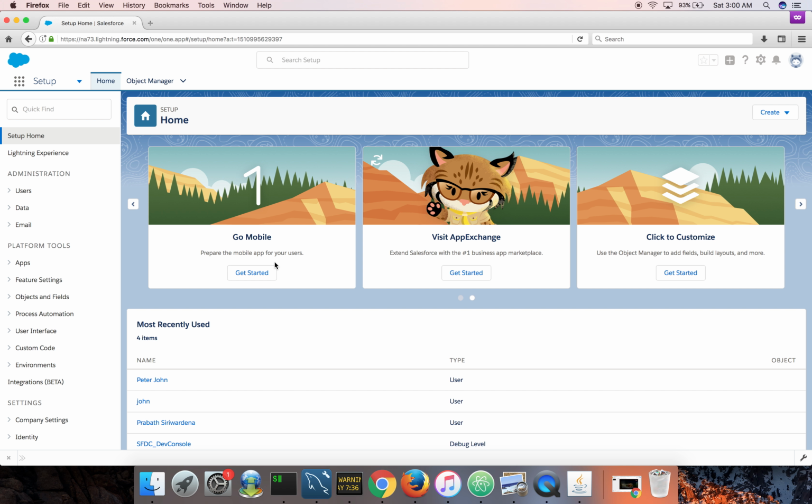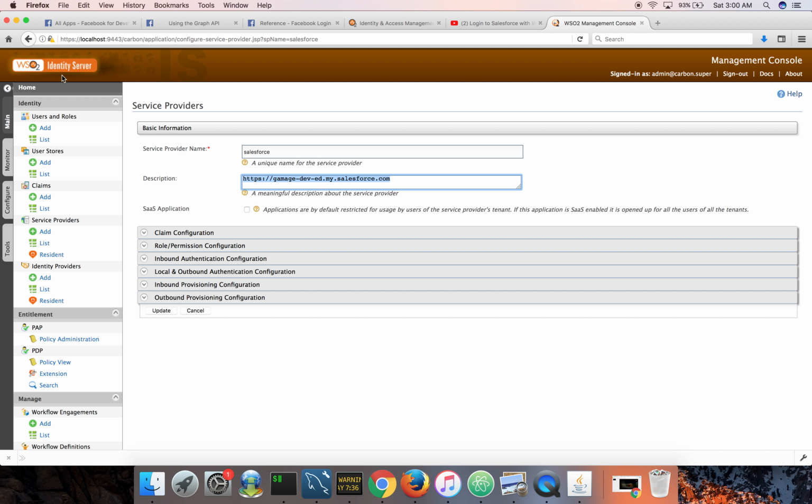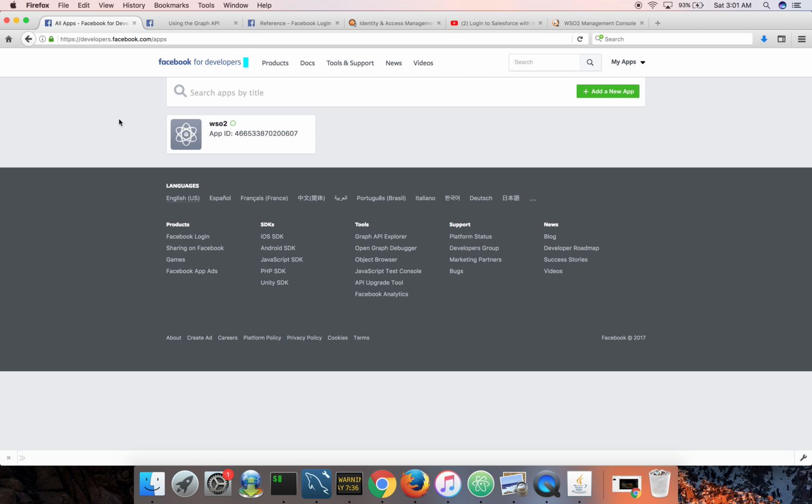Now in this demo we are going to change it where I can log into Salesforce with my Facebook credentials. To do this, first I need to create an application in Facebook and get my own client ID and client credentials for my Facebook app and configure those credentials in the Identity Server. So Facebook is using OAuth 2.0. First you need to go to this particular URL,